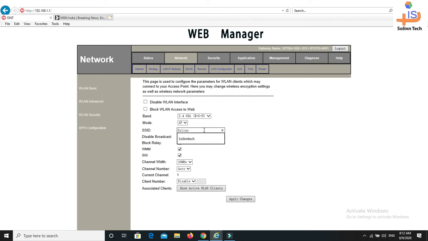Let me change our SSID to Solin family. As I've changed the SSID to Solin family, now I'll apply changes. As I've applied changes, I believe it has already changed.